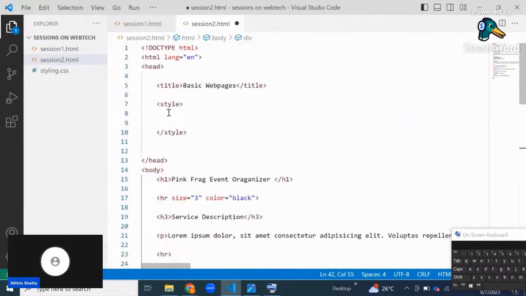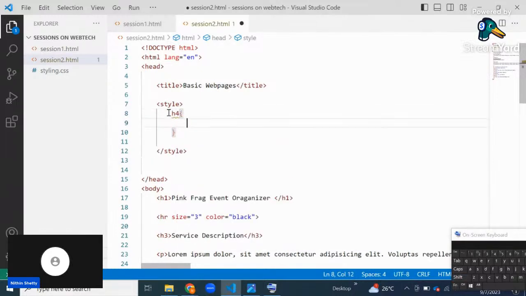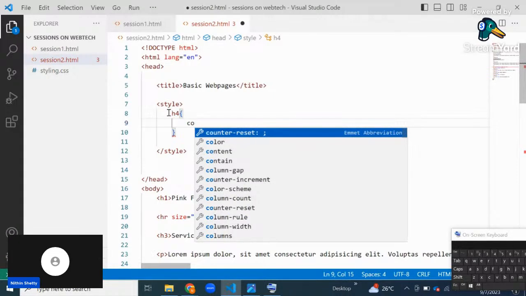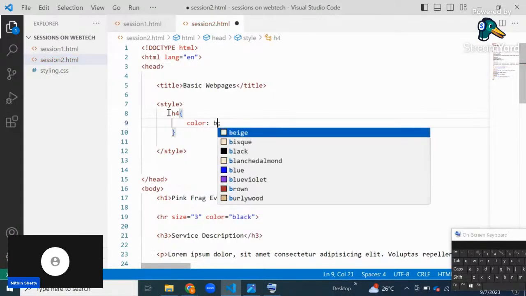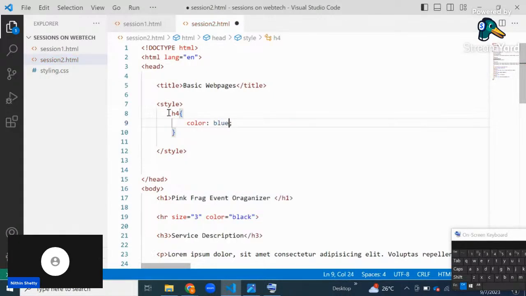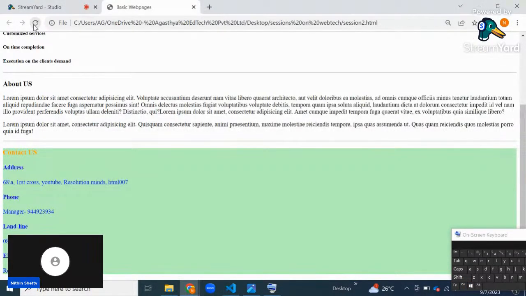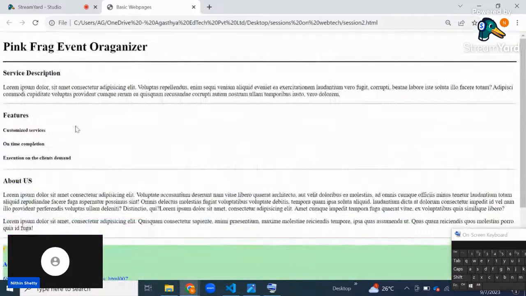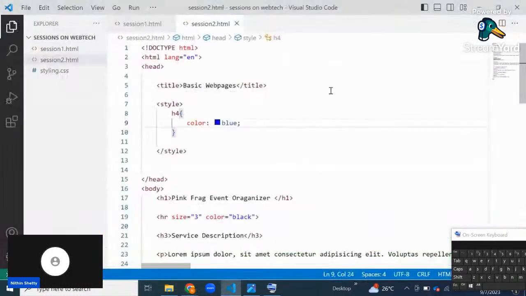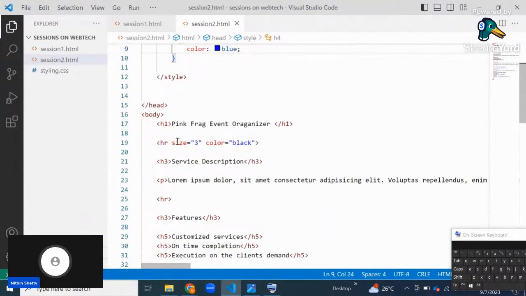All right, so I will go back and let's say H4 was having blue color text. Save. Right, so if I refresh, yes, now I have a blue color. As I told, for some of the tags this attribute will work, and for some other